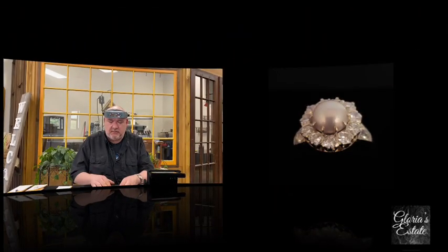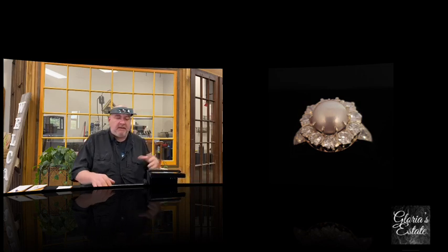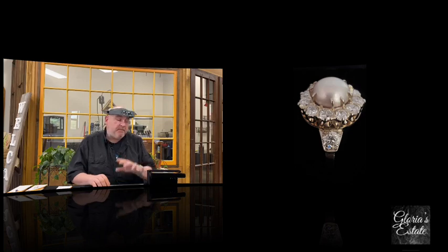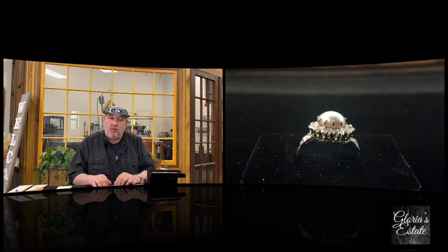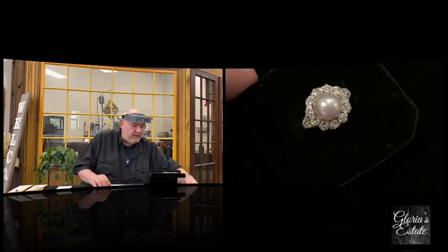That's a gorgeous piece. It is a gorgeous piece, but I think this one, personally, in the whole show, is going to be my favorite ring. I really like this one. It has a lot of style, a lot of bling, so let's get you a better look on it. This one here is again going to be from the 1920s to 1930s. Might be slightly newer than that, but I will tell you why. This here is a beautiful halo of round brilliant diamonds surrounding a wonderful pearl. But on each side, and I'll see if I can twist it a little bit and get you a better view on it,